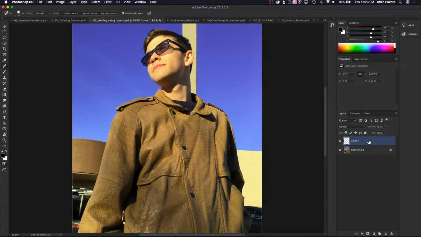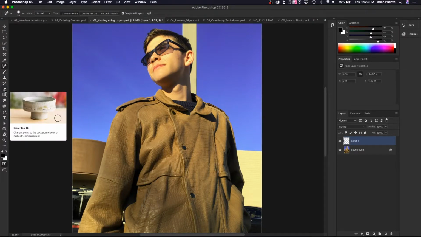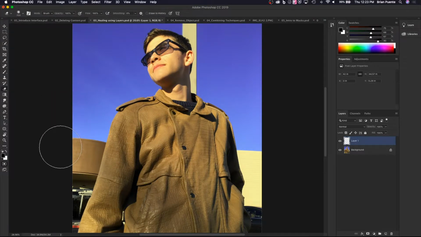I can make sure that my layer is selected, and then I'm going to go over to my eraser. And this is a brush too. We're just changing the size of the eraser. And then paint it back in. Real simple. So in Photoshop, we have the luxury in most cases to work non-destructively,